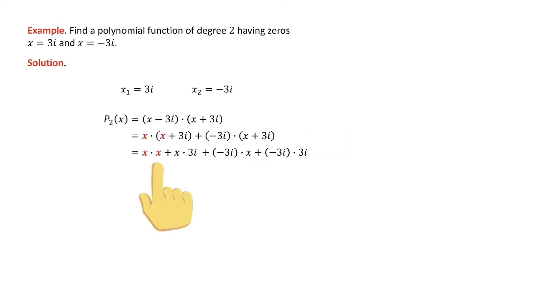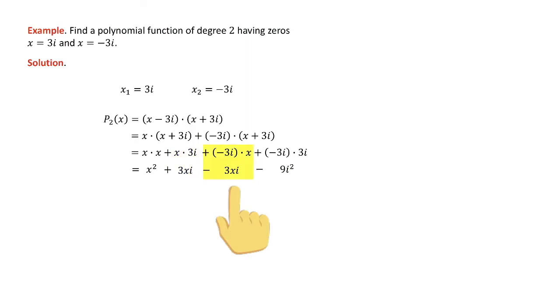The x times the x, and then the x times the 3i. It's just algebra. You just have to take your time. Minus 3i times the x, and then minus 3i times the 3i. Now notice I'm going to get an i squared here. Let's simplify. x times x is x squared, 3xi,